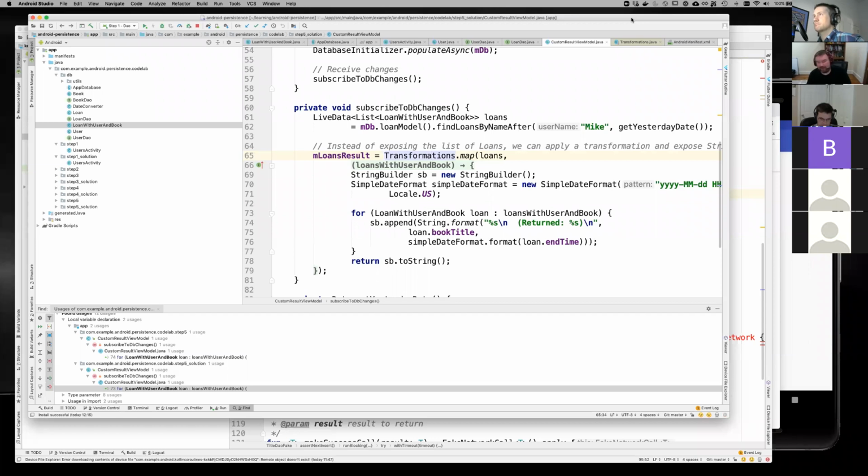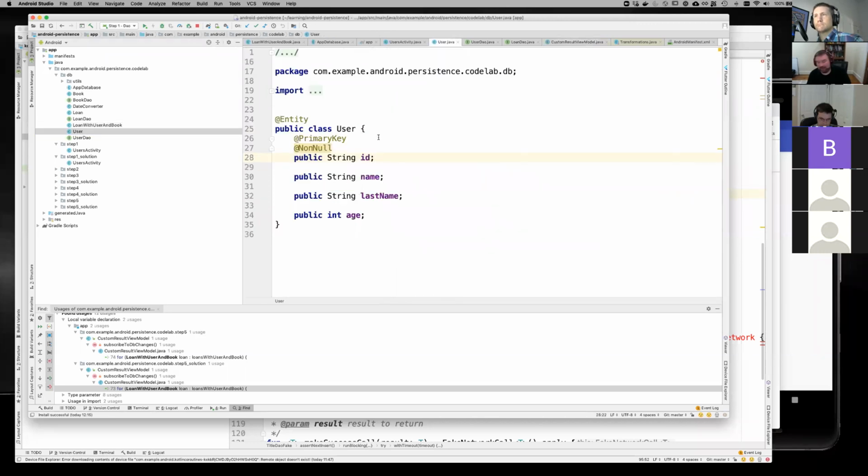So this code lab is actually a Room persistence code lab, and so we'll just look at the data model first. So this is kind of what we talked about earlier. We have a user entity class,